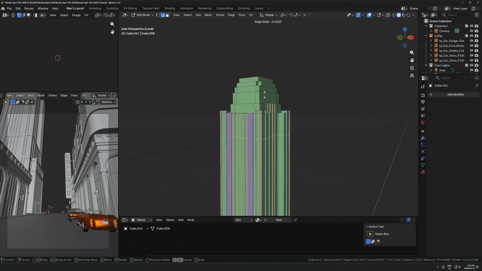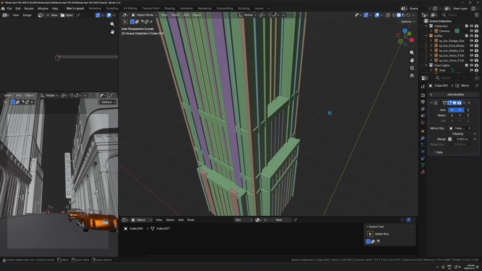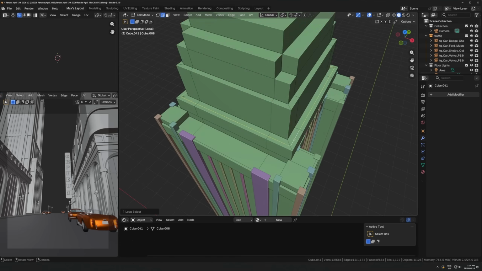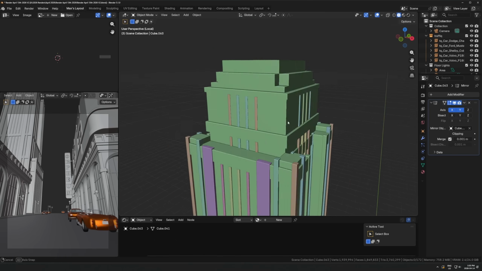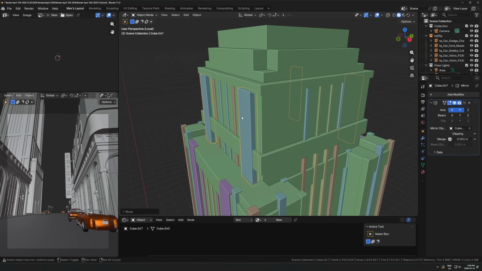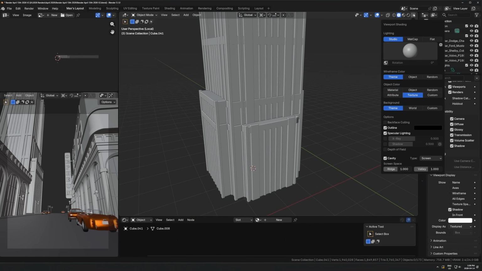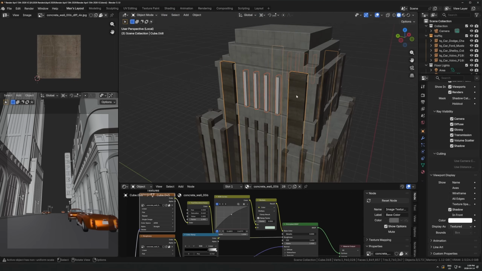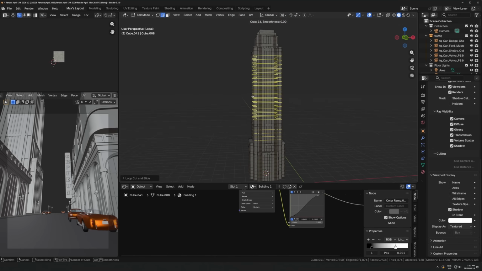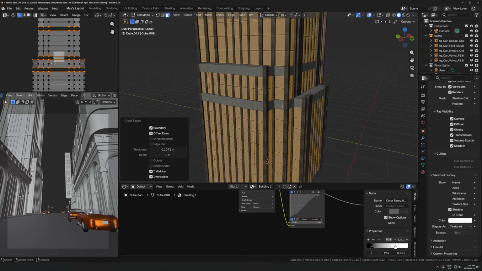And then I spent a while on this one because I knew this was going to be either the main focal point of the image, or it was going to be heavily reused throughout the scene. And it was actually both of those things, both the focal point and reused in other buildings on the sides. So I knew this was going to be an important one. So I just decided I'm okay to spend a bit longer on this one, on the style render even. And so yeah, just adding loop cuts, selecting all those, insetting all that,